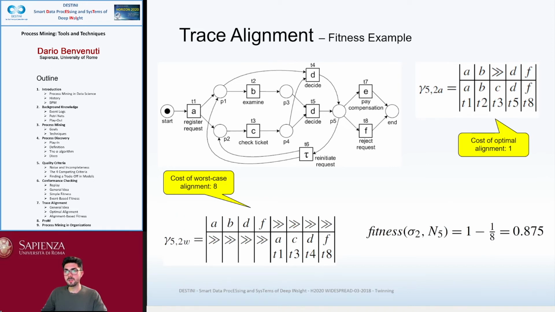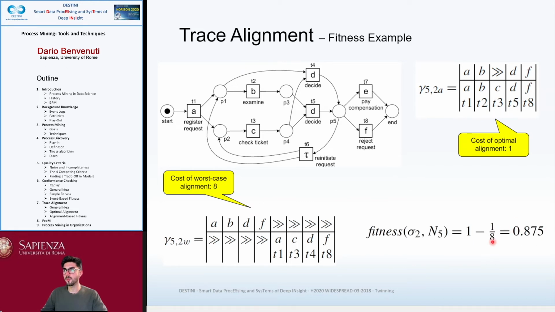And we have here the worst case alignment, which has all the moves only in the log, and then all the moves only in the model. So the fitness is computed by having 1 minus the cost of the optimal alignment, which is 1, divided by the cost of the worst case alignment, which is 8 in this case.